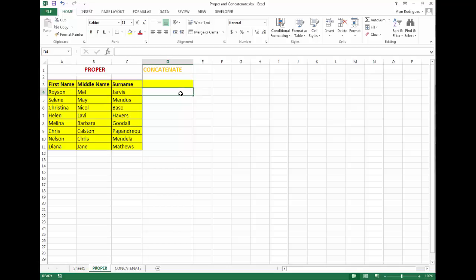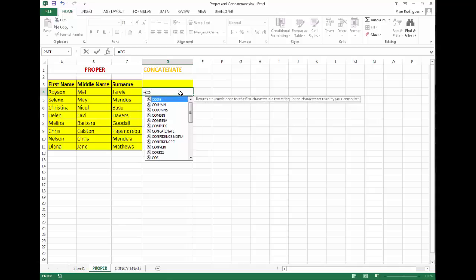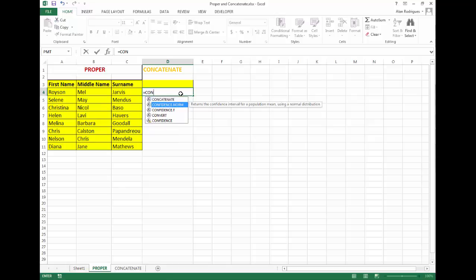We'll start the formula with the equal sign. We'll start typing the formula name. See, here you can see a drop down menu. Simply press Tab. Now go to the A4 cell where you have the first name, comma.